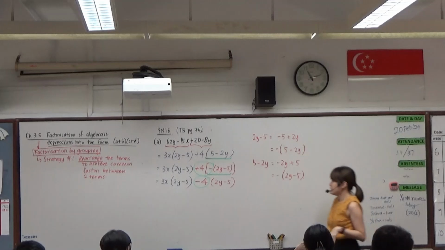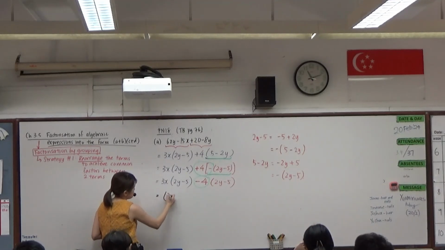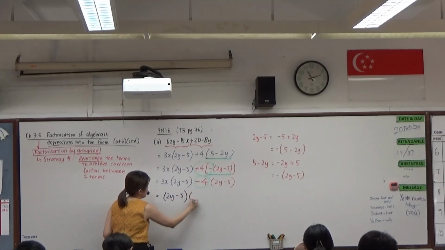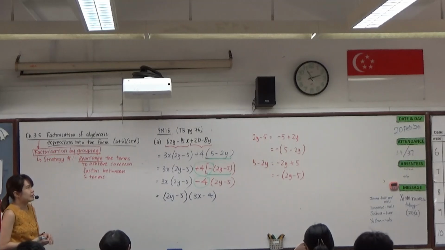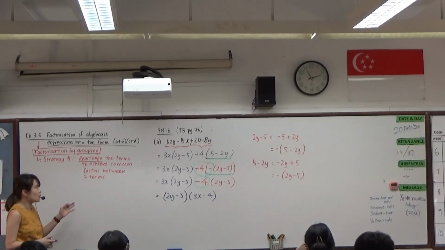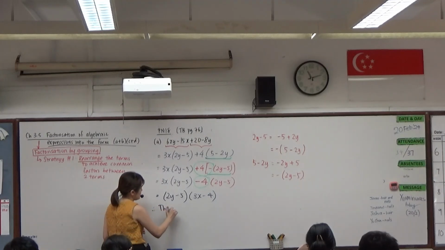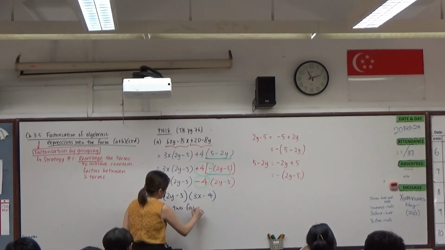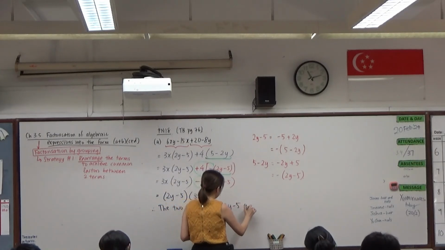That's it. Then now we proceed. We can factorize out the 2y minus 5 and be left with 3x minus 4. And this will be our final answer. So to answer the question, practice now 18, you were asking for the two factors. We say that the two factors are 2y minus 5